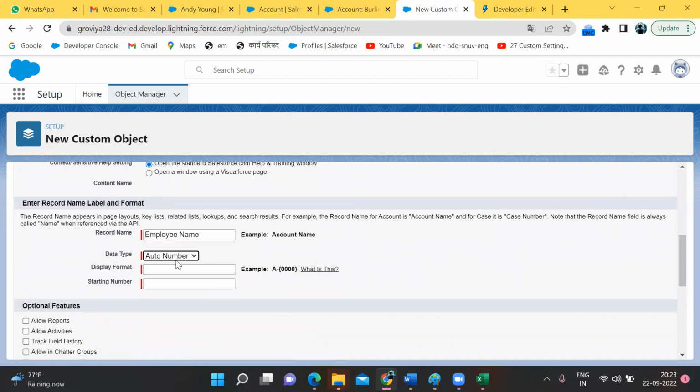Now I want to create the field. So instead of employee name, I'm creating employee ID. In which format do you want to display? Auto number means it's a unique ID. It will be created automatically. So in which format do you want to display? Write any name. I have written employee. I want to display like